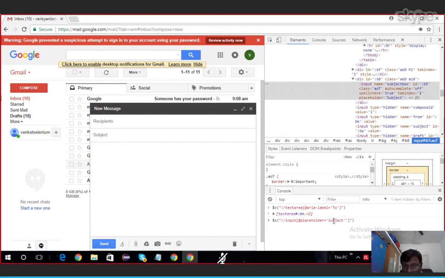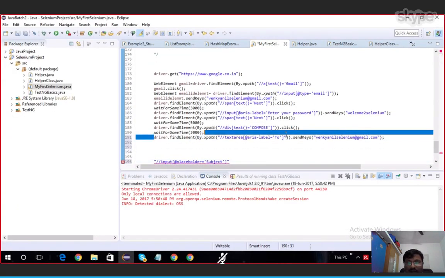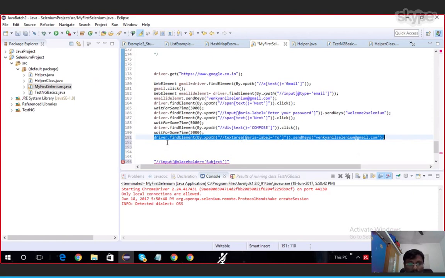Using this we can find the XPath of the subject field, and I am going to add some subject to my mail.